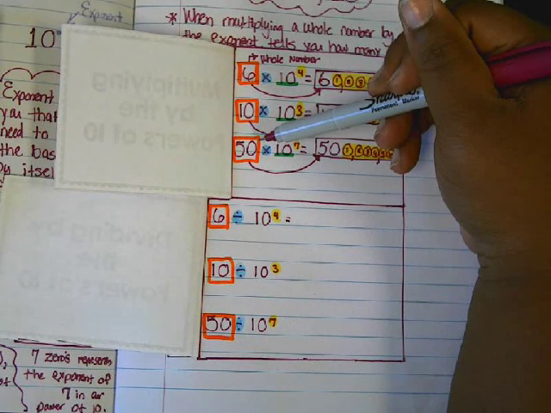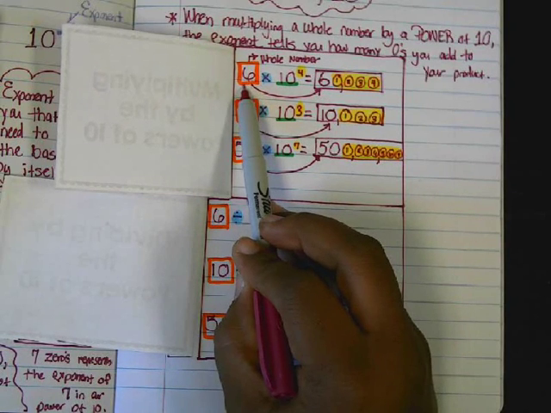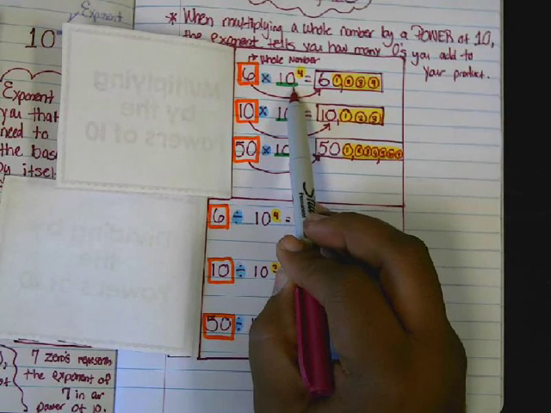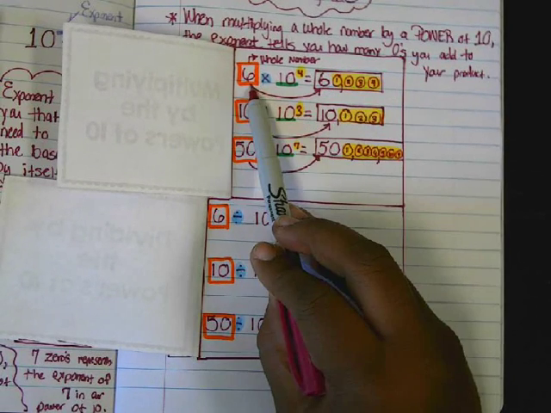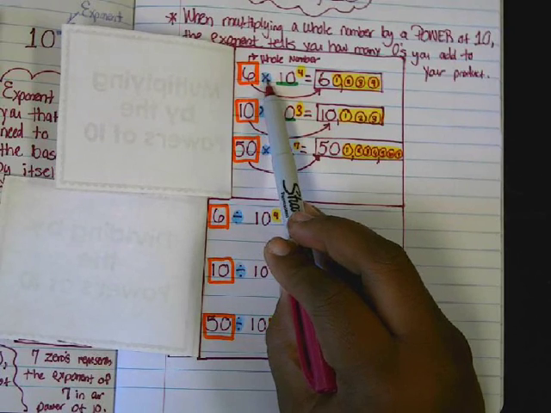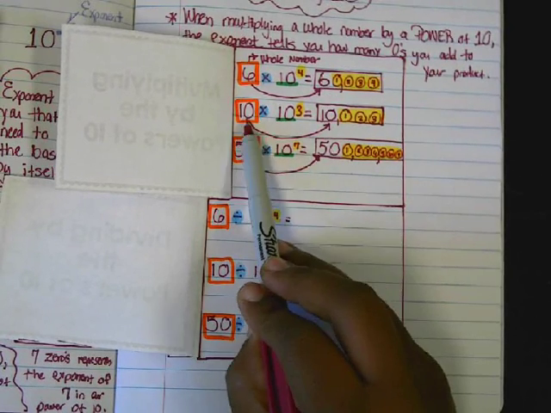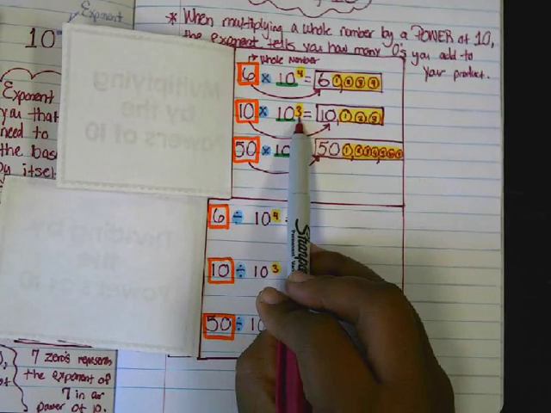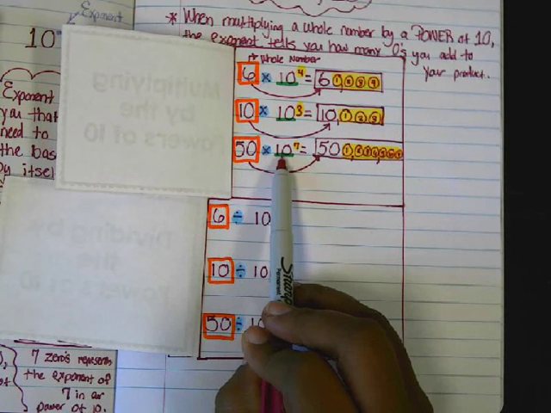So like I had 6 as my whole number here, and I multiply it by 10 to the 4th power, which is also 10,000. My value went from 6, it increased because I multiplied, from 6 to 60,000. I multiplied, it went from 10 to 10,000 when I multiplied by 10 to the 3rd power. My whole number of 50, when I multiplied that by 10 to the 7th power, it went from 50 to